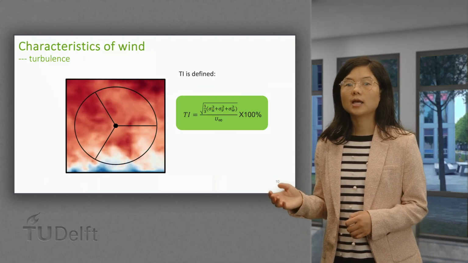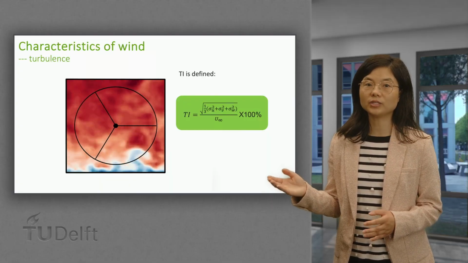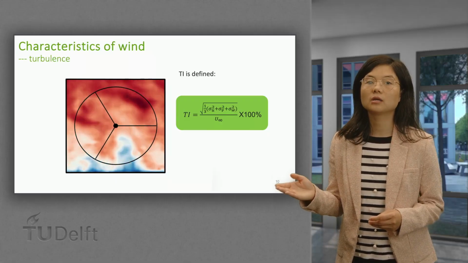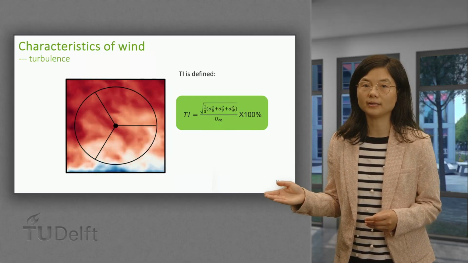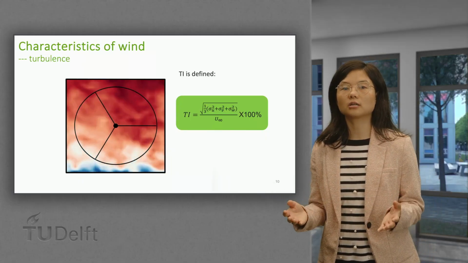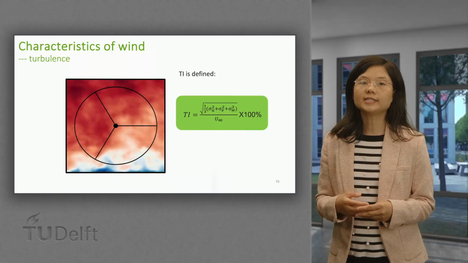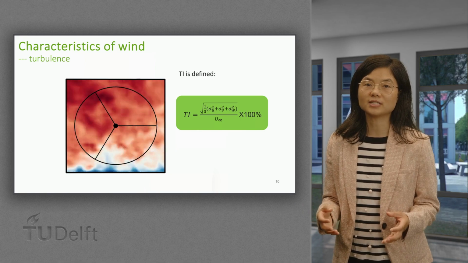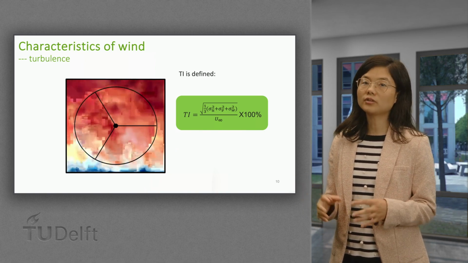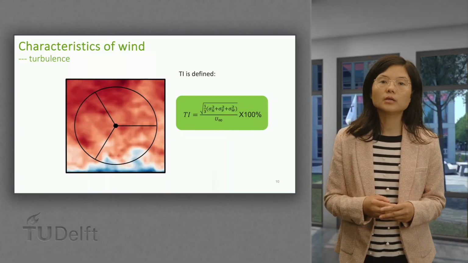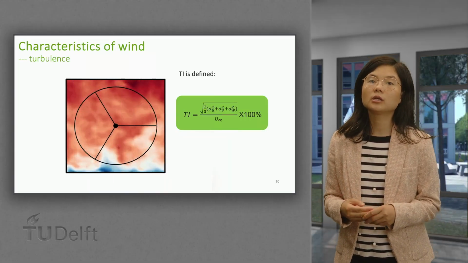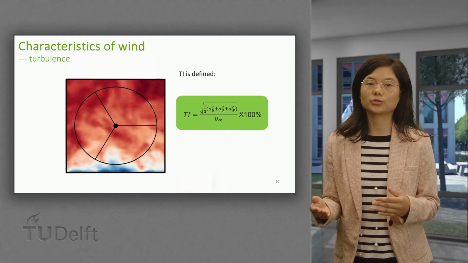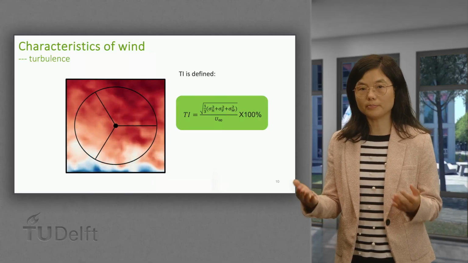As we just mentioned, another key characteristic of wind resources is turbulence. This video shows how wind speed fluctuates across a modern wind turbine rotor plane when exposed to a realistic atmospheric boundary layer. These fluctuations are caused by turbulence, irregular and chaotic variations in wind speed and direction over space or time. Turbulence is typically quantified using turbulence intensity, TI, which measures the level of wind speed fluctuations relative to the mean flow.